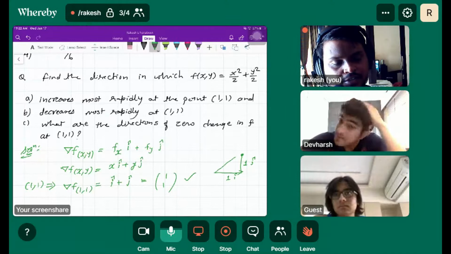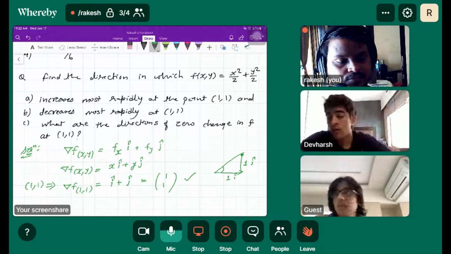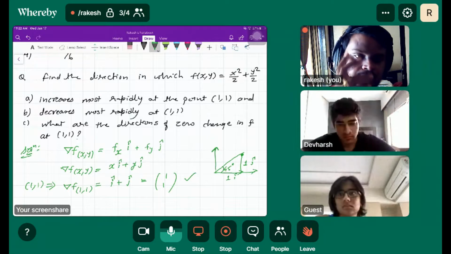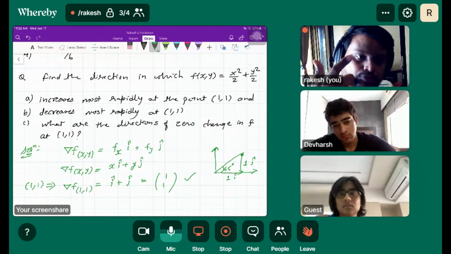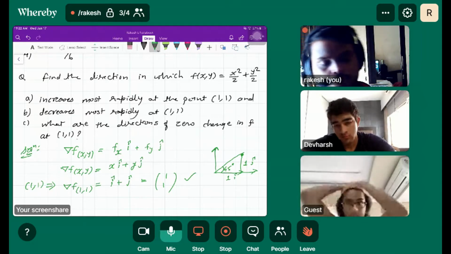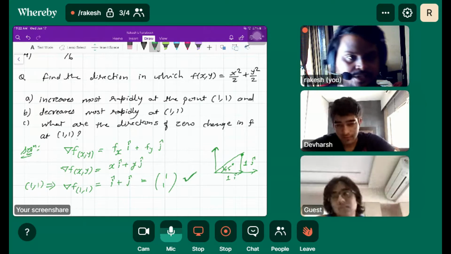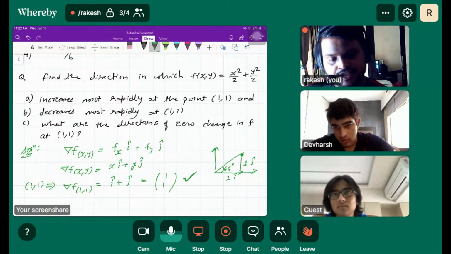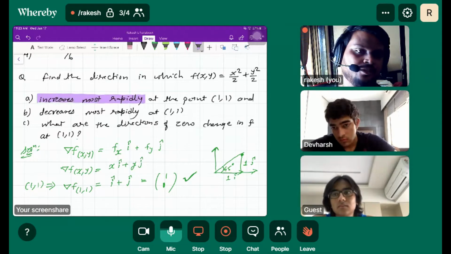So this is the point. So it will make some angle with the x-axis, that is 45 degree, right? So as Deva was saying that the direction should be with respect to angle. So if you are describing vector, that means you are describing angle also. But the angle is not need to be found here. We describe the direction by just putting up the vector, right? Vector is nothing but direction. Which quantity represent direction? Vector, right? So this is the direction in which the function increases most rapidly. Is that fine?